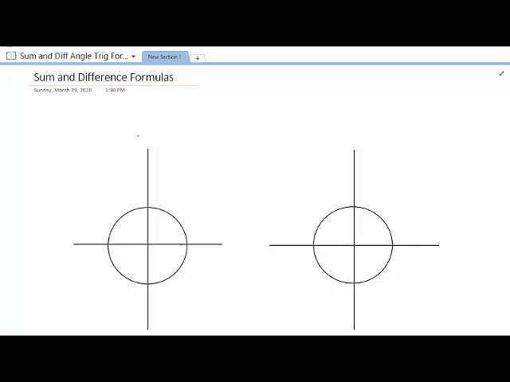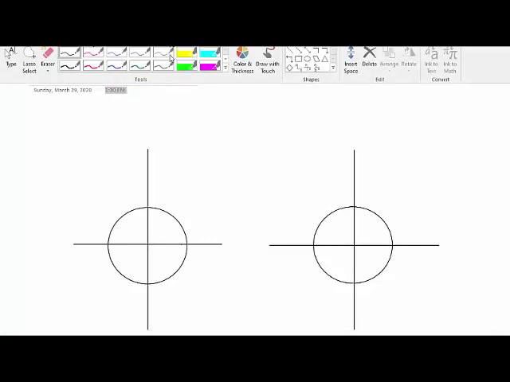I want you to go find some colored markers, colored pencils, or different colored pens. Grab a few pieces of paper, maybe 3 pieces of paper. This will take us a little while. I want you to draw 2 unit circles like I have shown. We're going to take these 2 unit circles that you already have drawn, and I'm going to draw 2 angles